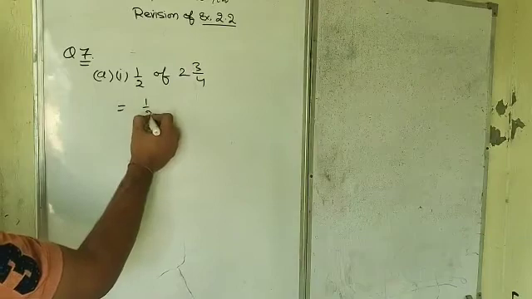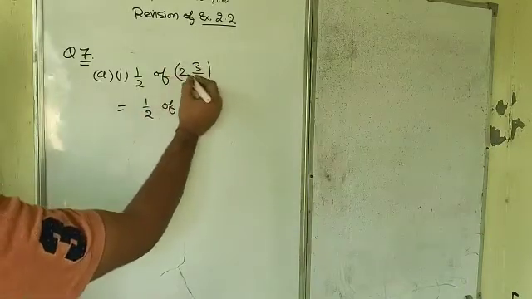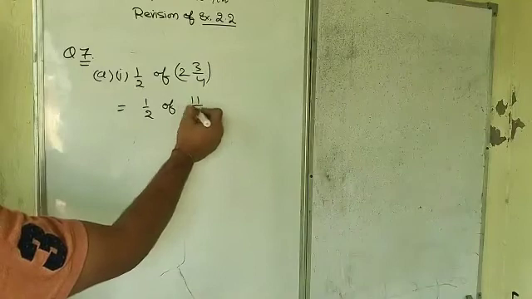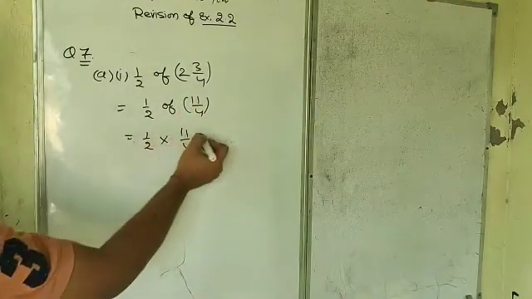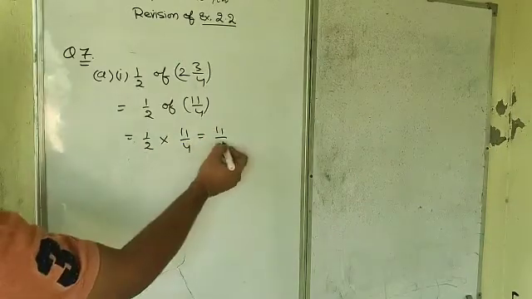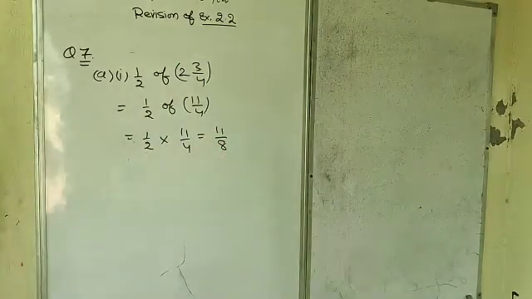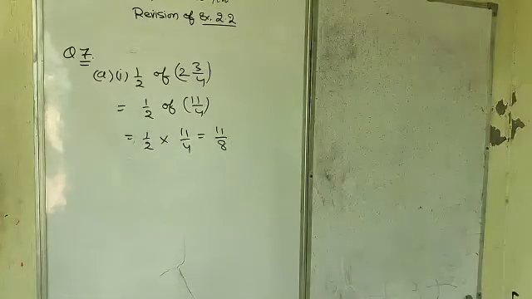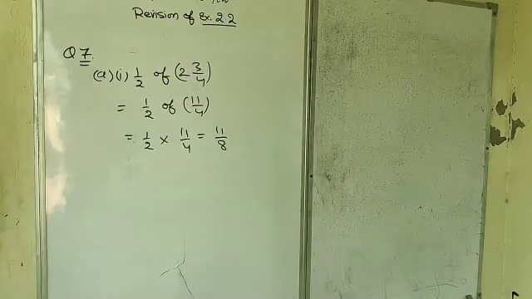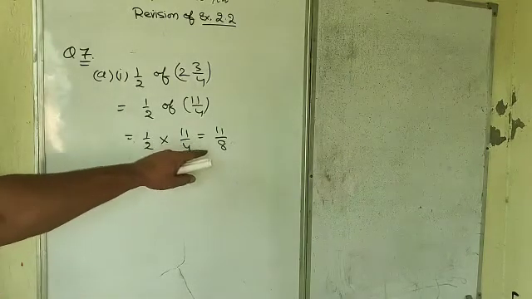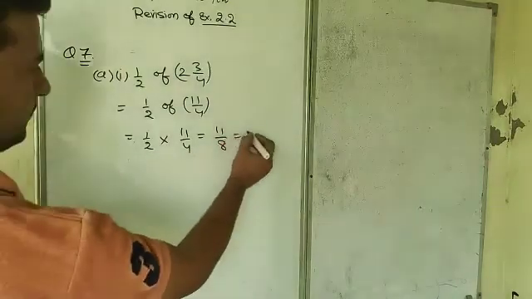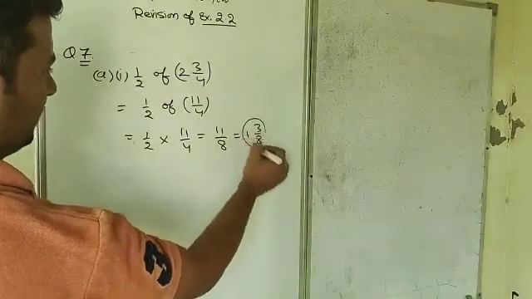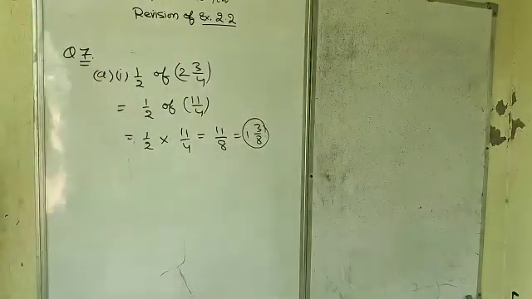So it will be equal to 1 by 2 of, first of all simplify this, 4 to 8 and 3, 11 by 4. Now convert this of into multiply. Numerator with numerator: 11 ones are 11, 4 twos are 8. Now solve 11 by 8 into the mixed fraction. It is an improper fraction, so convert it into a mixed fraction. Look at this: 8 ones are 8 and 3 remainder. 1 is to 3 by 8.